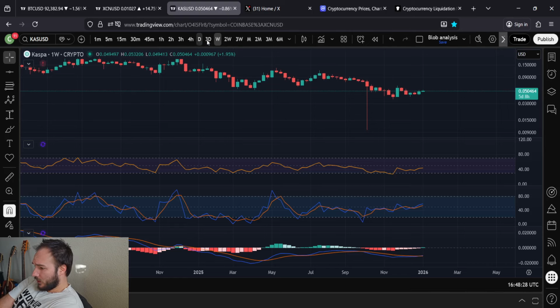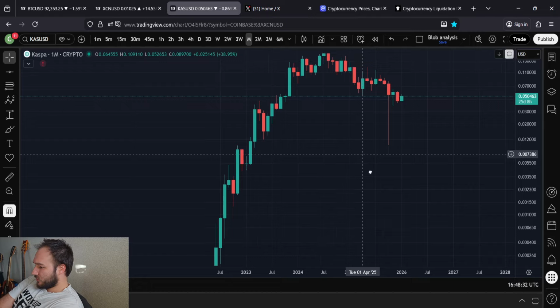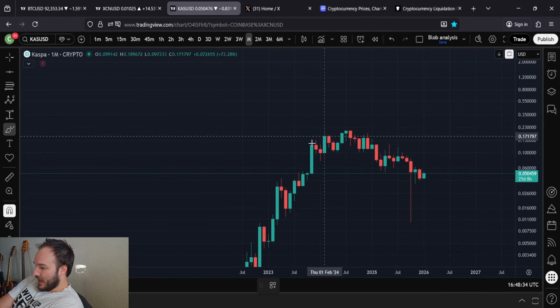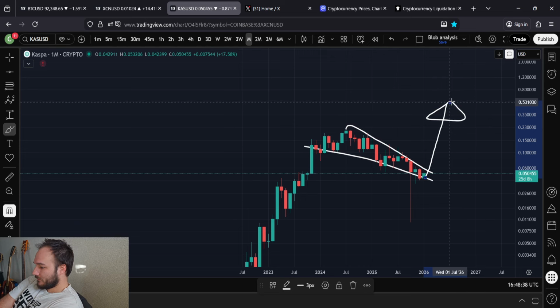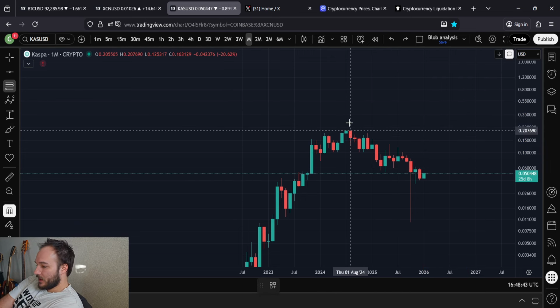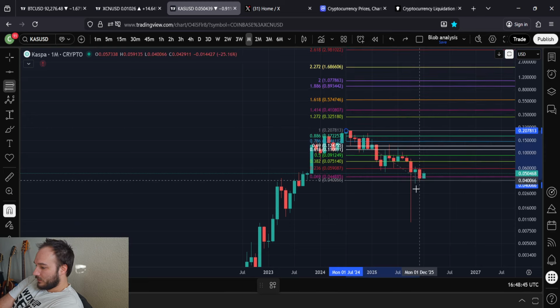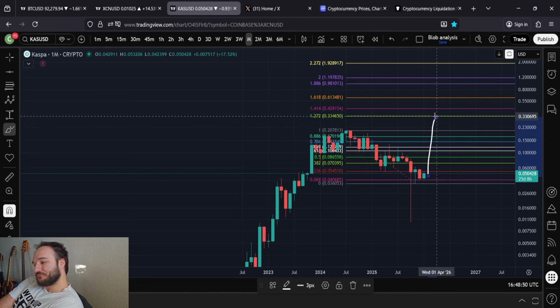The expectation overall, and I alluded to it in the beginning, but I kind of got distracted with the short-term stuff, is that we are expecting Kaspa here to break out to the upside. That's the expectation. I do expect that this will be accompanied with new all-time highs. I don't know when this will happen. You're certainly at the forefront of this next move happening. You absolutely are.